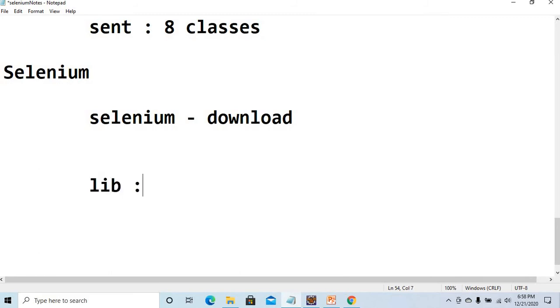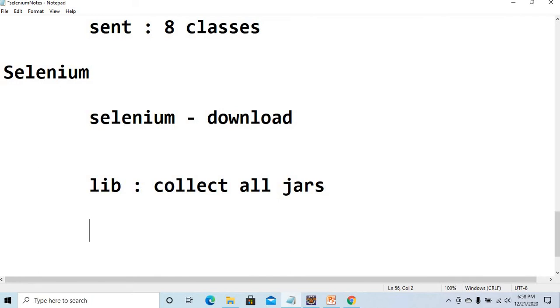Okay, in this lib folder I'm going to collect all jar files. Just now I downloaded the Selenium server jar file. In future I may need to download different APIs. If I want to interact with Excel files, I need one API. If I want to go for TestNG, I need one more API, right? Nothing but jar files. So to collect everything and place it in one right place, I have to create one lib folder in my project.